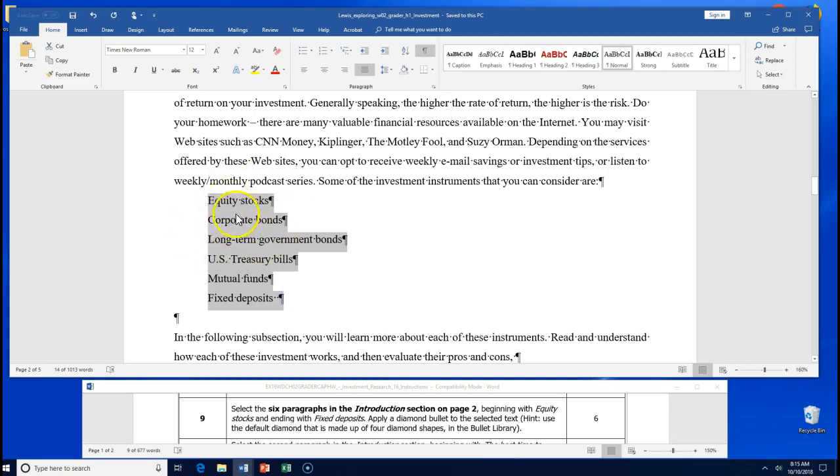But what it's talking about is these little highlighted increased paragraph section of equity stocks, corporate bonds, long-term government, U.S. Treasury, mutual funds, and fixed deposits. And it says beginning with that and ending with fixed deposits, apply a diamond bullet to the selected text. So if you'll highlight those, all right, and then you go to the Home tab, and if you come over